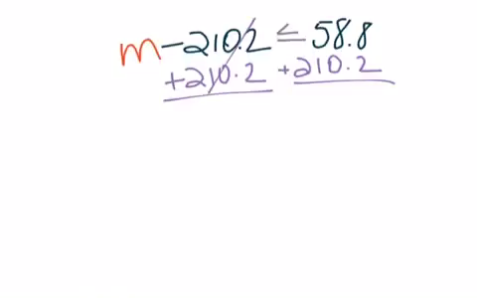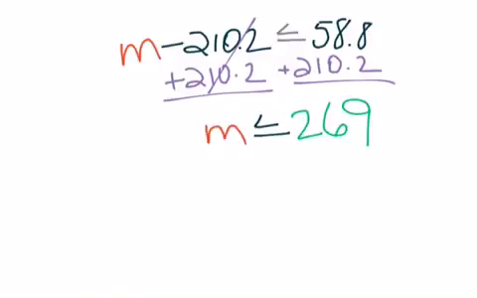Okay, so it's going to be m less than or equal to 269. Remember, when you're adding and subtracting decimals, you want to line up the decimal points first and foremost, then